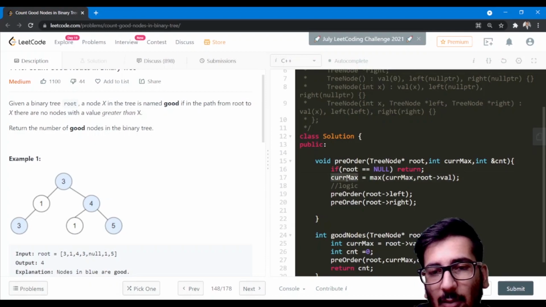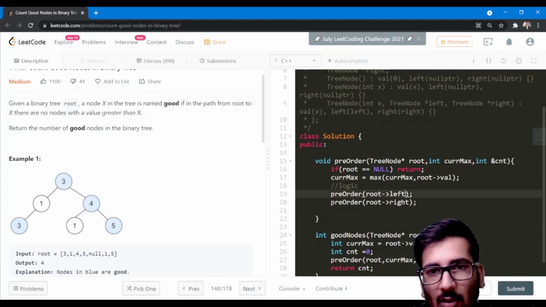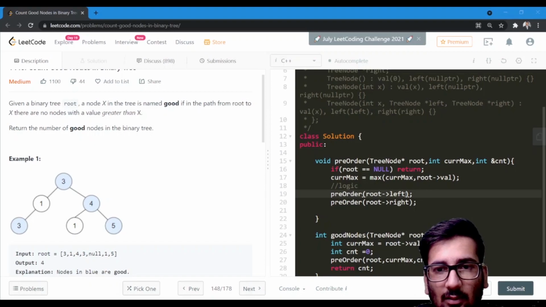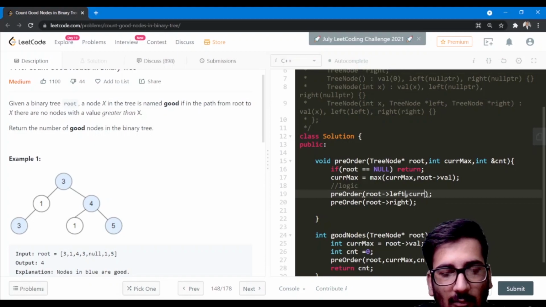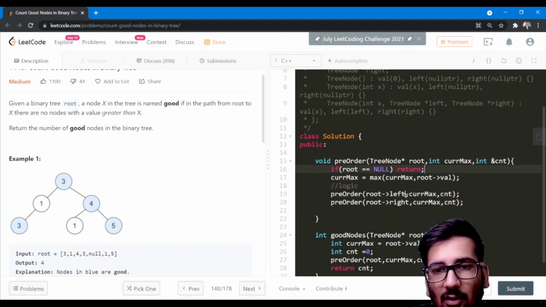So the current max gets automatically updated, and every time we travel the path from root to that node, we have the current max during that path. Okay, and we also have to pass this current max and count to our function as we have modified our function.